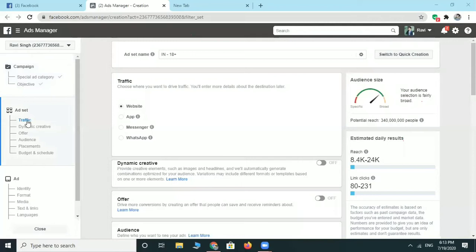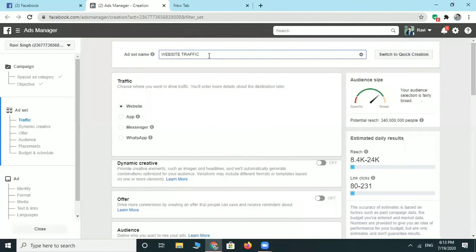After that, we have gone to the second step. Okay, so you have to give a name here, your ad name. Like what we are doing today, we are creating website traffic.